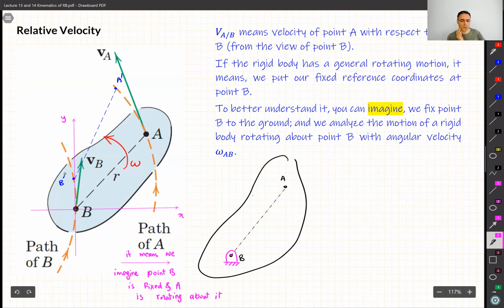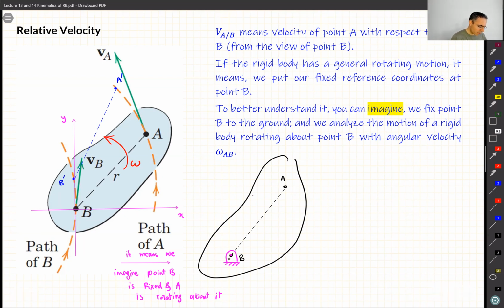And guys, I want you to pay good attention here, because all the calculations that we are going to do are based on this. And many times students have difficulty understanding it. What happened? We turned a general motion into a pure rotation, which we can understand now. How? We just saw it previously. If I have an object, let's say a rigid body AB, and it is rotating about point B,